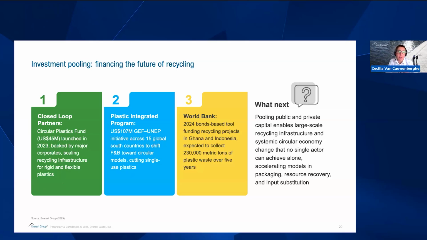There are corporates like Dow, LyondellBasell, Nova Chemicals, Coinbase with infrastructure funds too. Long-term offtake contracts guarantee demand for processed resins, de-risking plant cash flows. Projects are screened for quality certification, of course. We are talking about the ISCC Plus, for instance, and traceable material tracking to align with EPR requirements.